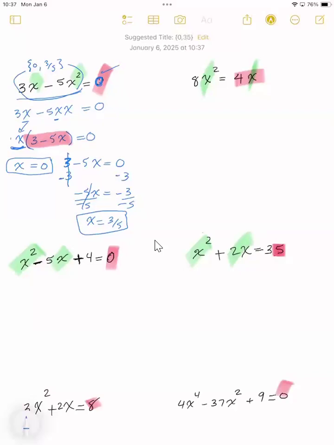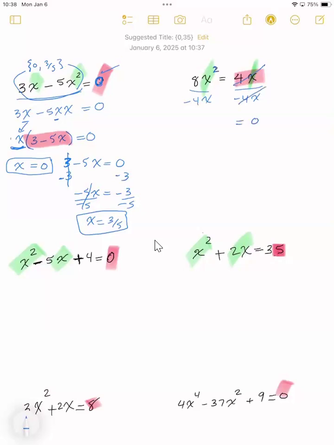Then I go to the next problem. I see I have an x term on one side, x term on the other side. So I have more than one x term, even though each x is on one side, I still see that I have two x terms. And not only that, sometimes if they have the same degrees, then you move everything to one side, and when you combine like terms, you will end up with one x term. But right now, even if I move 4x to the other side, because I want to have a 0 on one side,